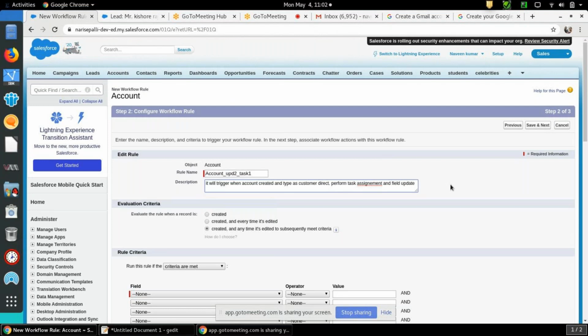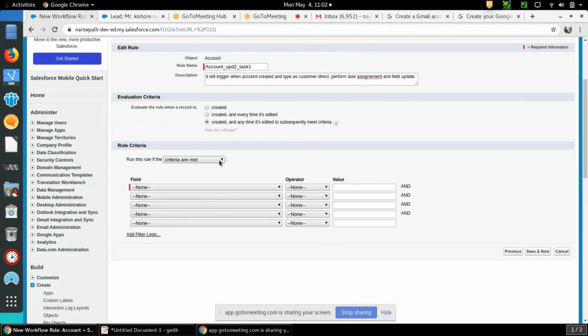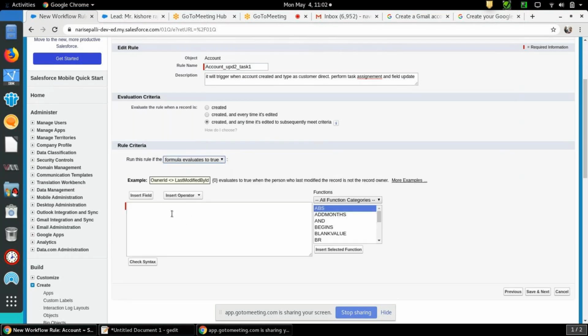Okay, you can mention whatever you want. So I'm selecting created, and any time it's set a subsequently meets criteria option. And as you know, criteria we need to select. You can mention formula evaluates to true also. Here you can mention any formula if you want to mention.